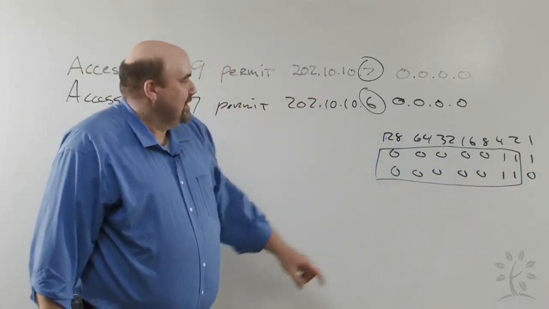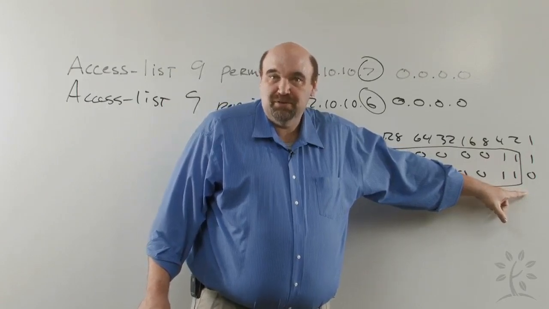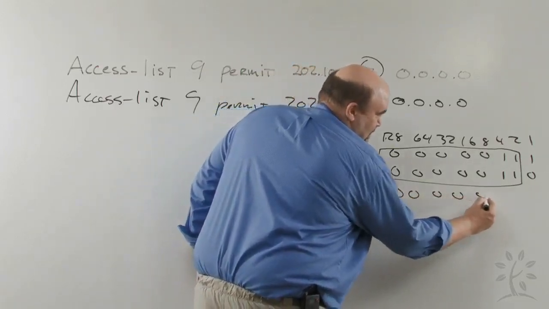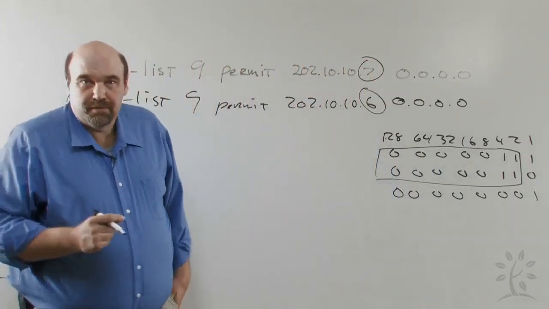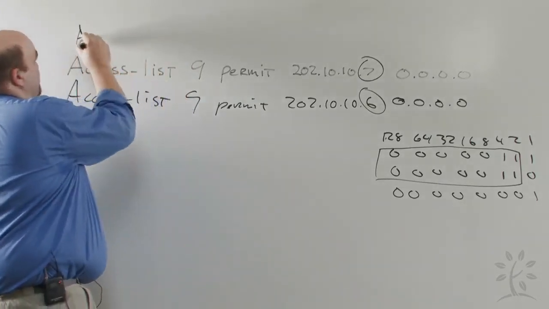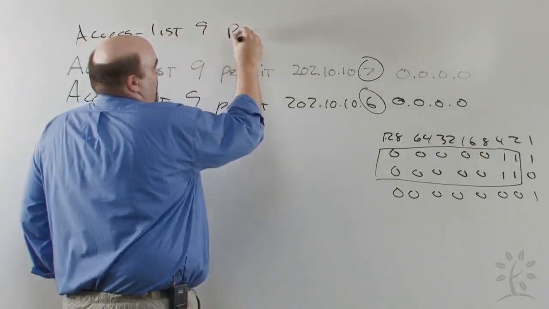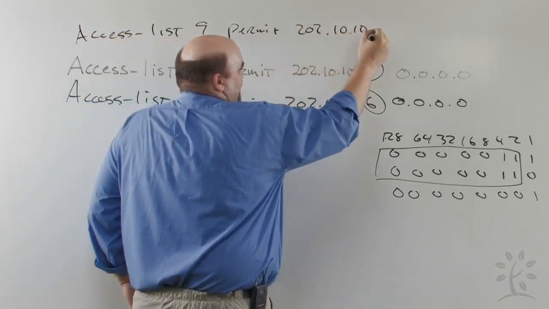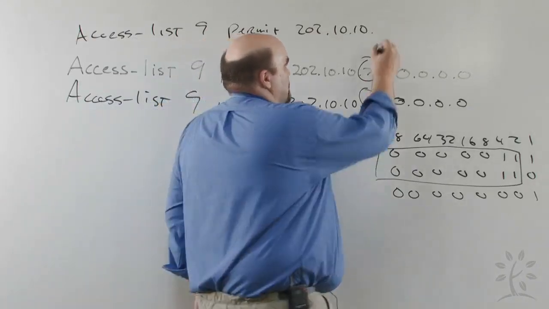So what we're going to do is simply introduce a 1 into the wildcard mask here to exclude both of those conditions. So our wildcard mask now, instead of being all zeros, looks like this. So let me rewrite the line for you up above. So the line now is access list 9, permit 202.10.10. Now in this case I can use either one of these numbers because both numbers will allow the match